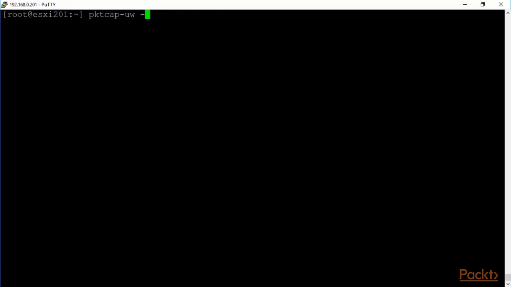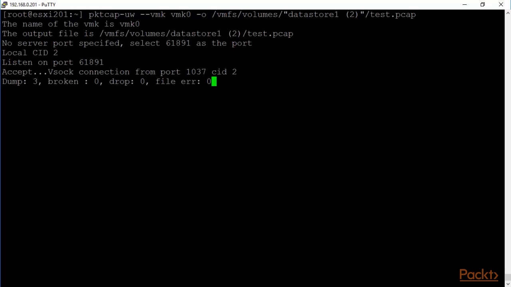So --vmk, vmk0, and this time we will output it to a file. -o /vmfs/volumes/datastore1/test.pcap, and I hit the enter key, and these are the packets that are being now written to the test.pcap